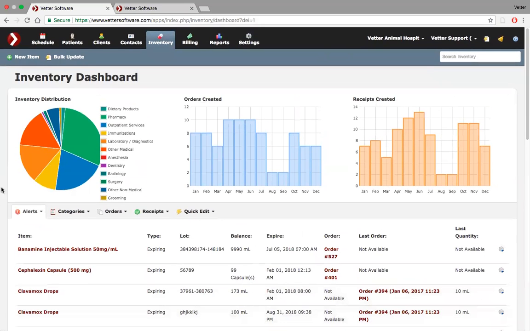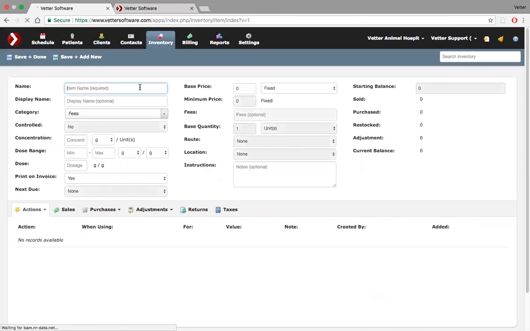Now, the next item you can add is a discount. You can then come to here and say, let's say here,